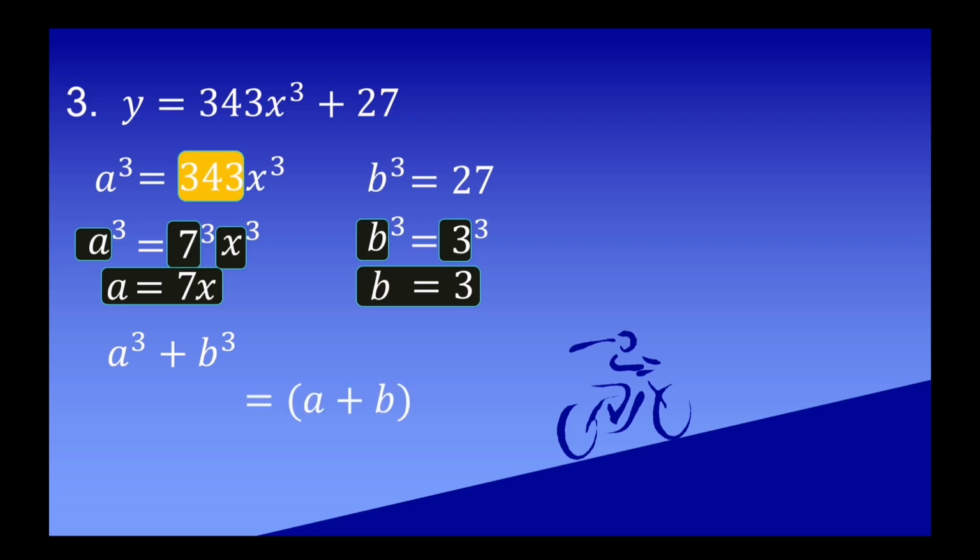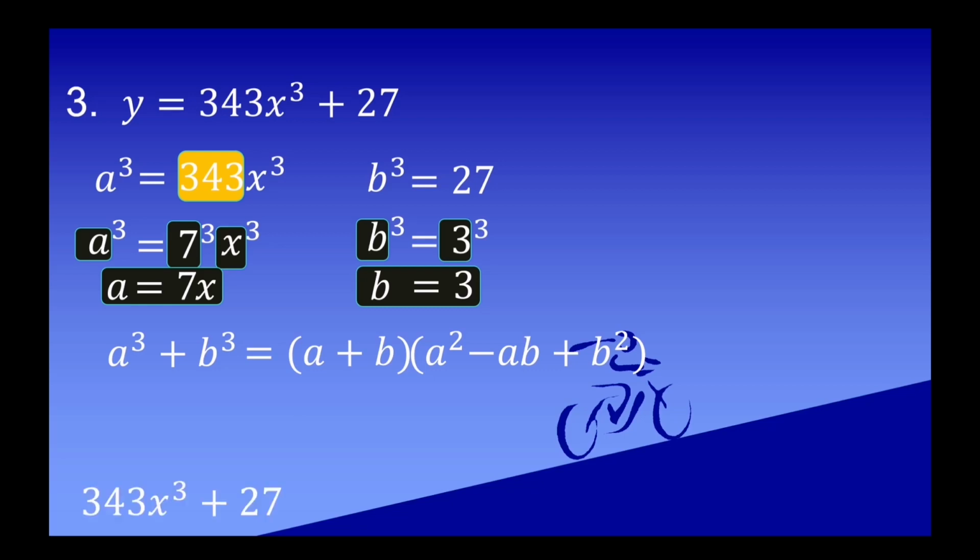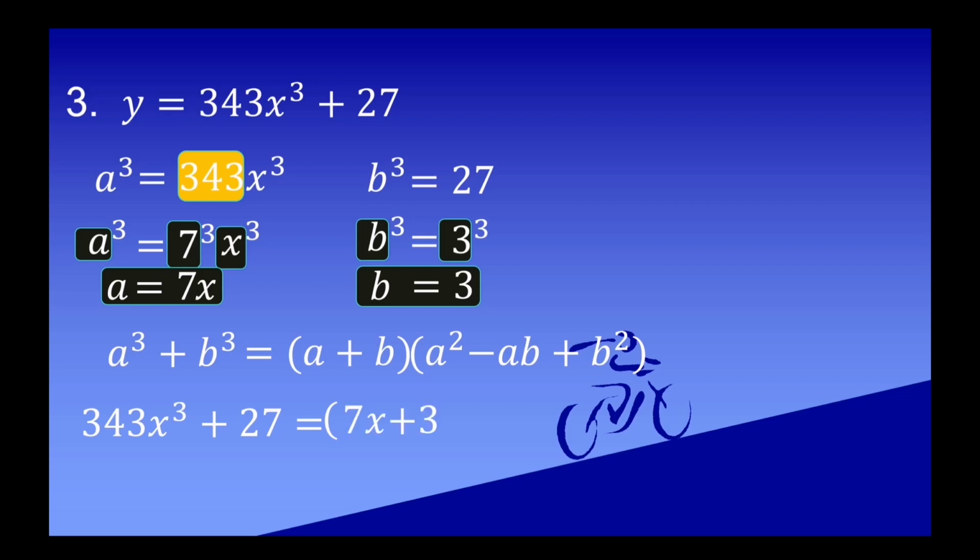And the sum of the cubic functions is given in this formula. A cubed plus b cubed is equal to a quantity of a plus b multiplied by a squared minus ab plus b squared. So that is our given function. Our a cubed is 343x cubed. Our b cubed is equal to 27. And this is equal to our a is 7x plus b is equal to 3,